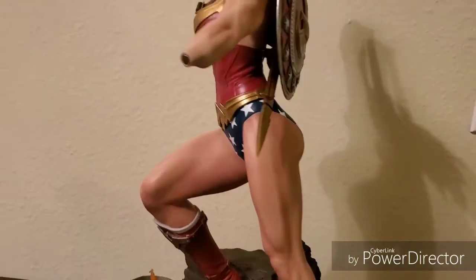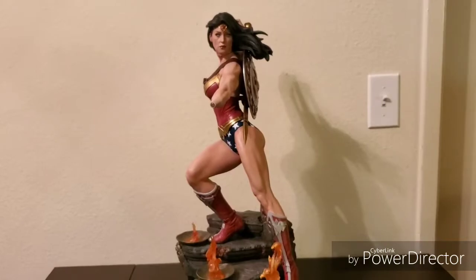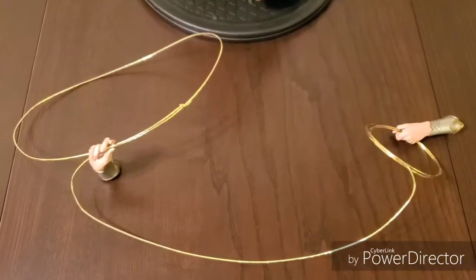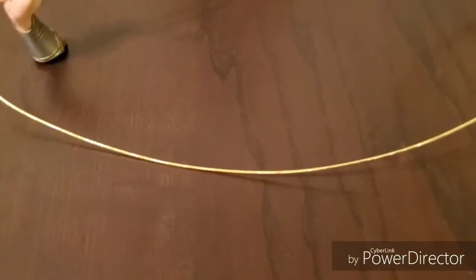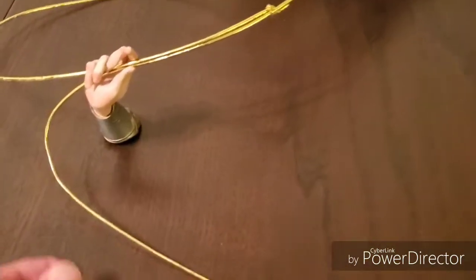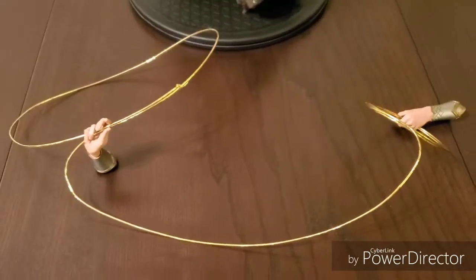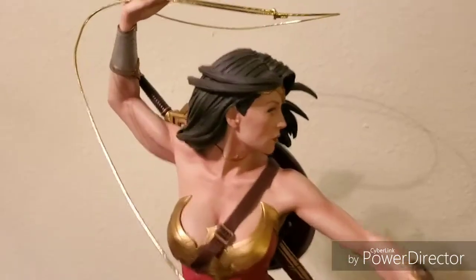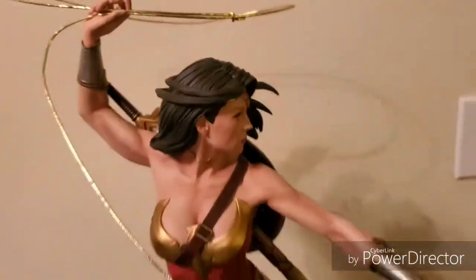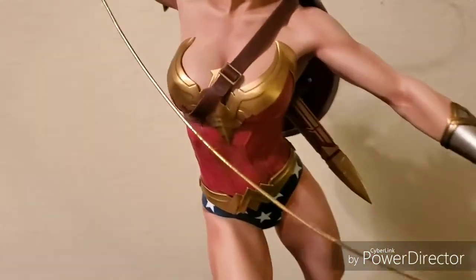So now on to the lasso and arms. Actually, here is the lasso and hands. Nothing broken yet, but I did want to point out how this thing was a bit too bent up, so I couldn't even fit it in. So I'm gonna try to unbend this a little bit, and then I'm sure it'll fit. Okay, so after that slight adjustment that I made, because this part was so sharp that I couldn't get the hand to come down. Now at this point,